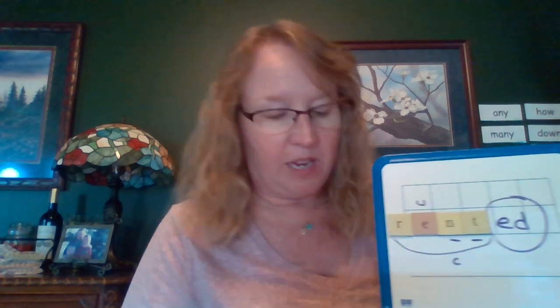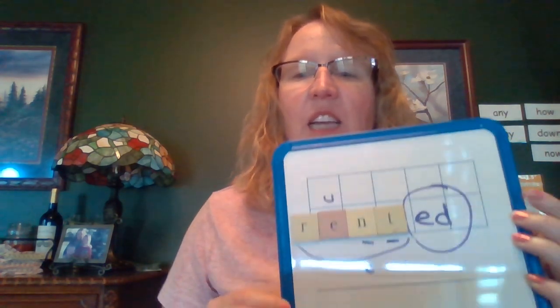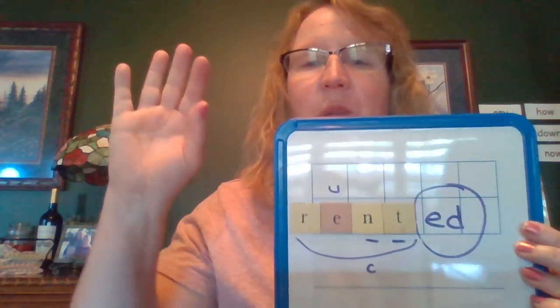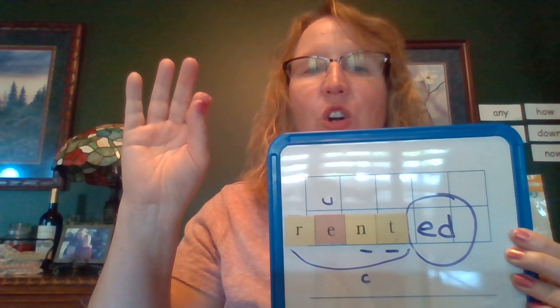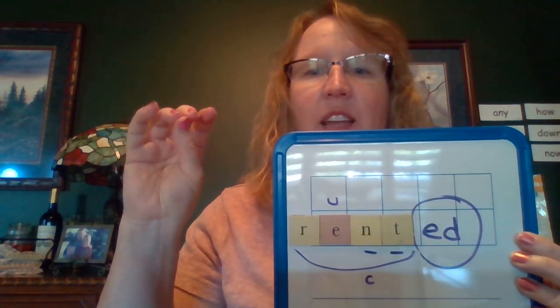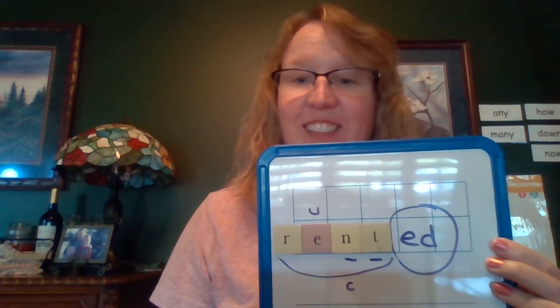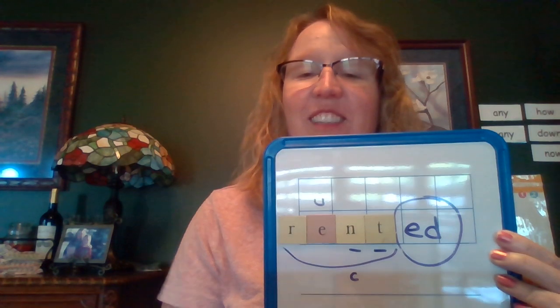And we also see that we have our blend right here, NT. So let's look at this, put your elbows up, and let's tap it. Ready? N, t, rent, rent, rented. See how that works? So rent,